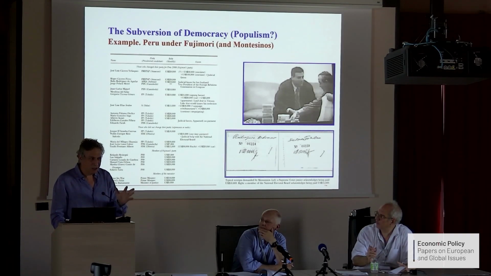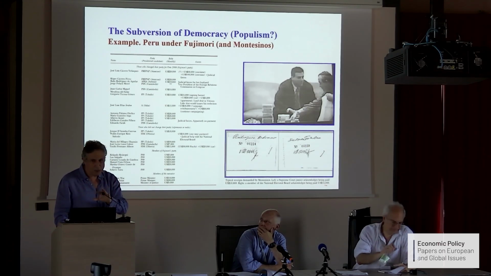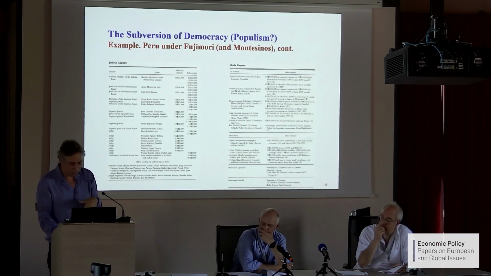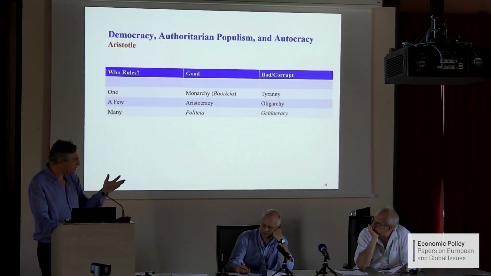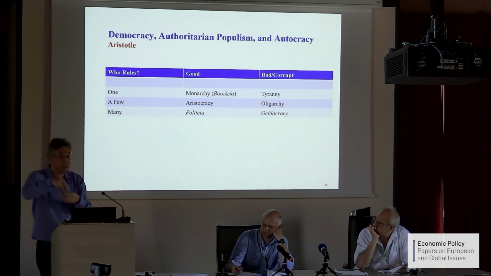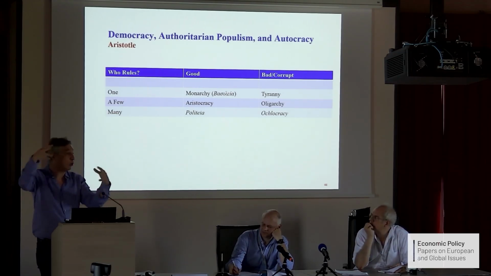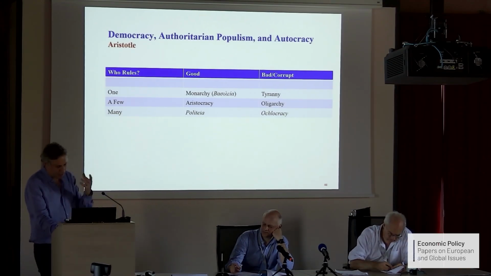So here, the classifications that the authors and many others use will say Fujimori is a populist, but actually Fujimori is most likely an authoritarian, especially in the second term, which is another point I want to make here: there are very big differences between the first and second term. At the Review, I published a great paper, I think, by Vincent Pons, showing that even in democracies, the second term of the people we vote for tends to be worse economically vis-a-vis the first, which I think is important. And again, I had to bring the old Greek hat here.